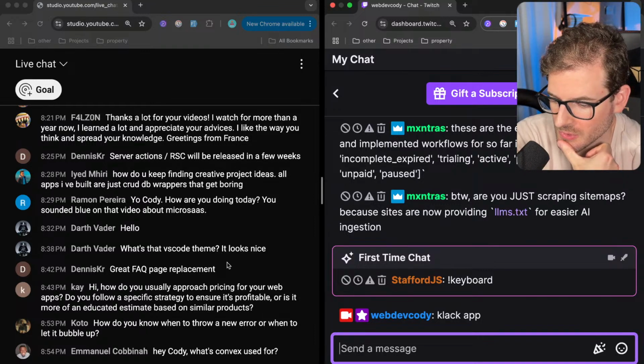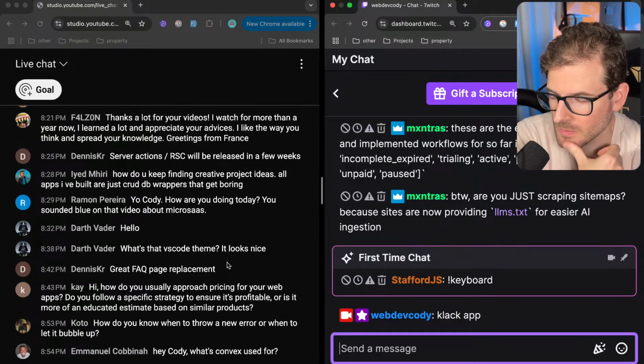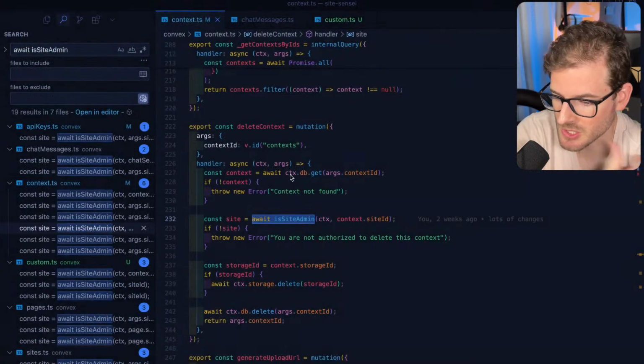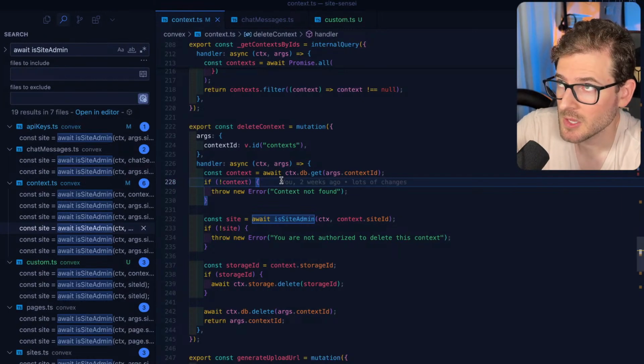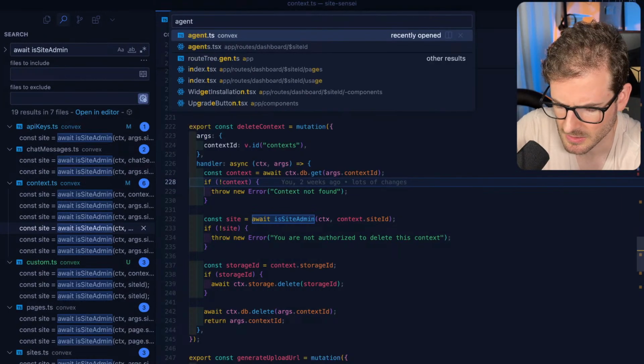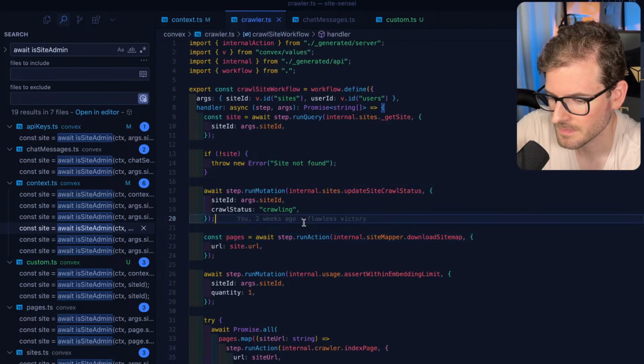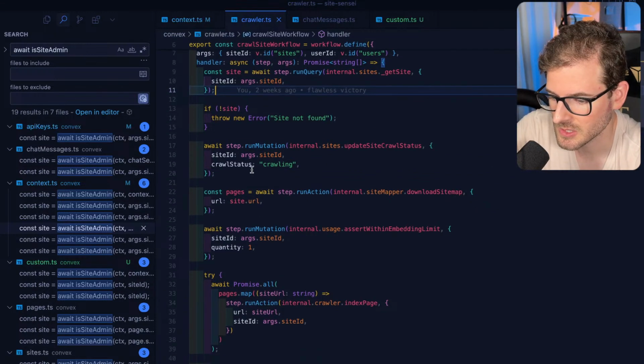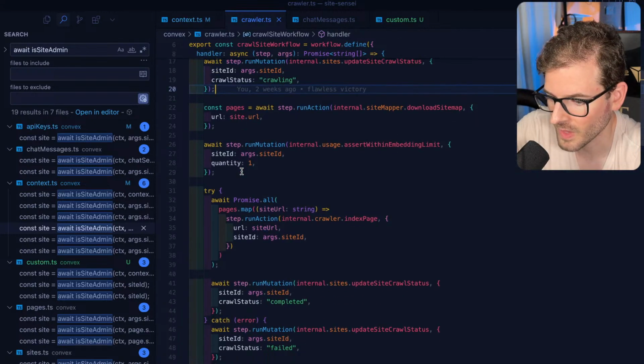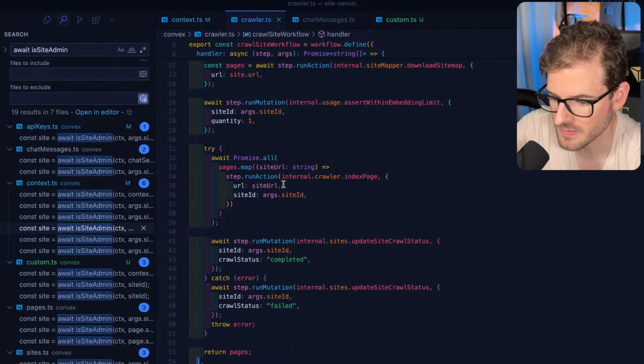How do you know when to throw a new error or when to let it bubble up? I guess when you think that you need to actually do something with the error, that's a really good question. Let me show you. So when a user talks with the agent, when a user is trying to have a single page of a website be crawled, I basically need to set some status in the UI and show it as crawling. And then I do some stuff, and you'll see down here, for example,